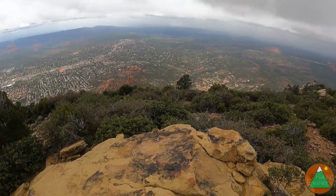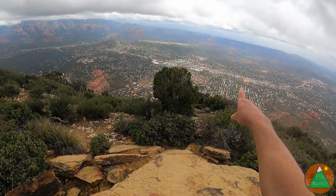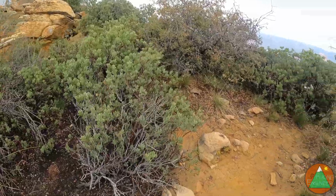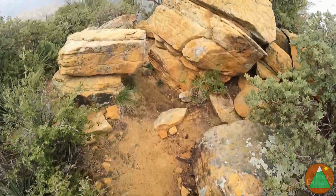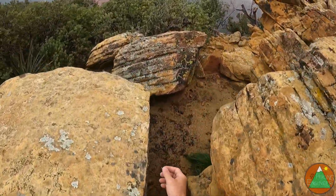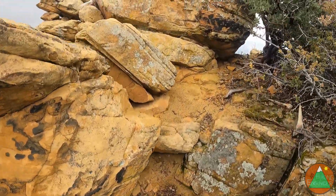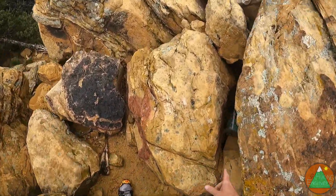A little bit of weather. There's looking out, Cathedral, Bell Rock, Courthouse Butte. Might as well show you the other summit, which I think is the true summit because there's a registry. So very easy to get up when you climb up here. Right in here, there's a